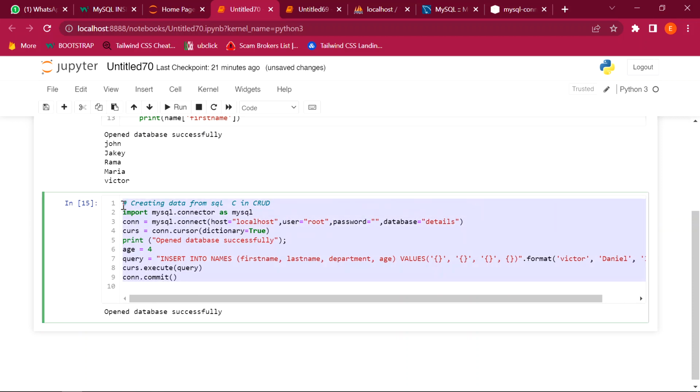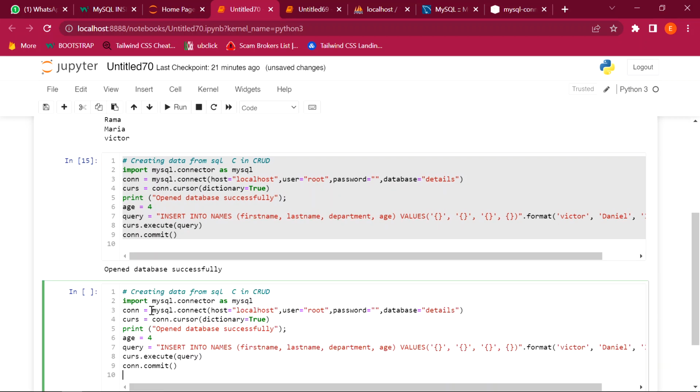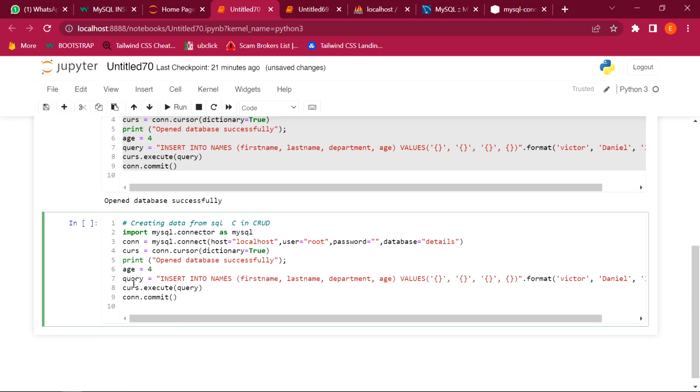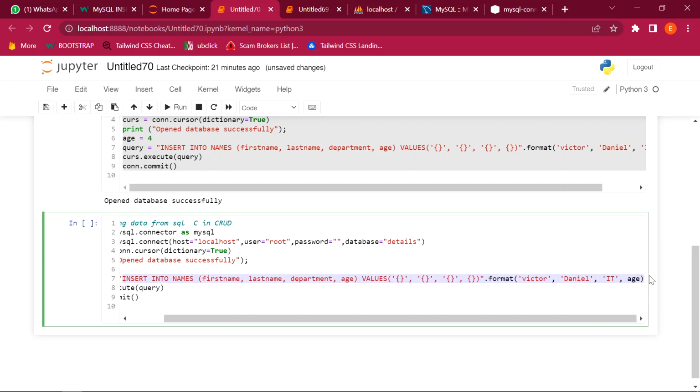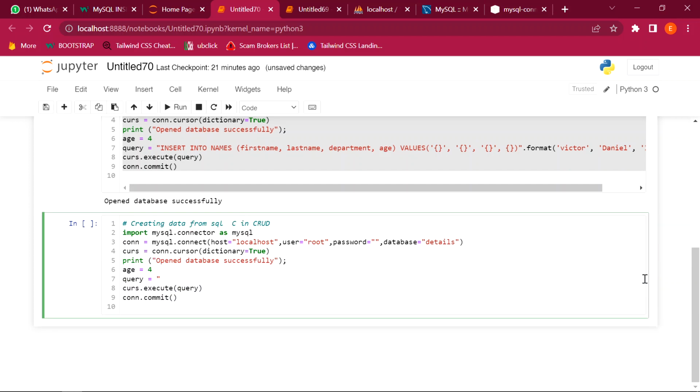So let's insert, create a new one. Let's update, I mean. So update is simple. I'm going to delete all of these. Since you understand how this works, I'll show you update. So update, the name of the database is names. What do you want to update? So let's set first name equal to